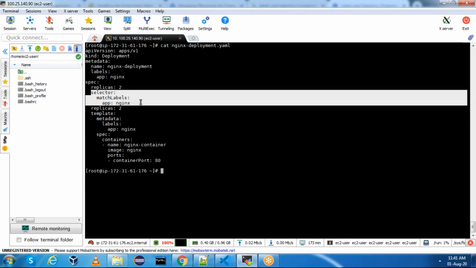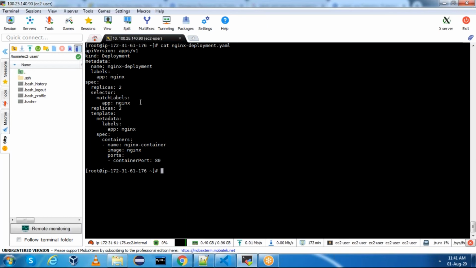Then why do we need match labels? We need to tell the deployment to match the pods that it is deploying. For that reason we need to have selector which is of match labels, and inside that we will tell the resource, whatever it may be, let's say it is service or deployment, to match the pod according to that label. Let's say if you want to expose this deployment and use that service, you need to match the selector match labels with that label. If not, you cannot make it work.